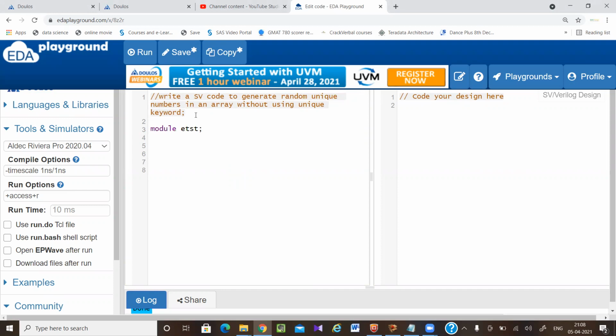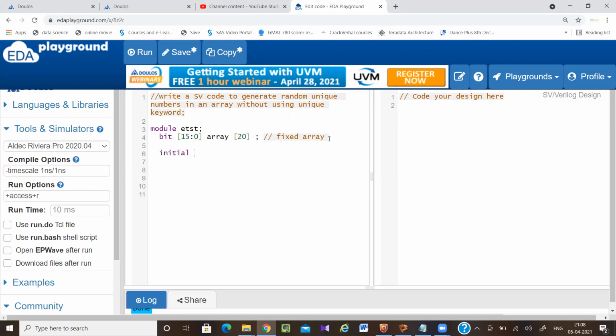So here I am going to declare one array. Bit [15:0] array [20]. This is the array name and the array size is 20. So this is a fixed array. Fixed array means I am fixing the size of the array when I am declaring it. So array size equal to 20 means maximum it can store 20 values and each value is a 16-bit type.